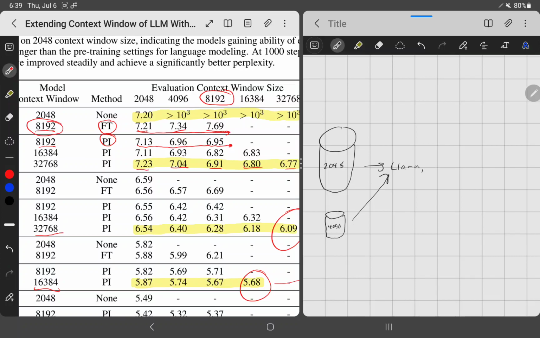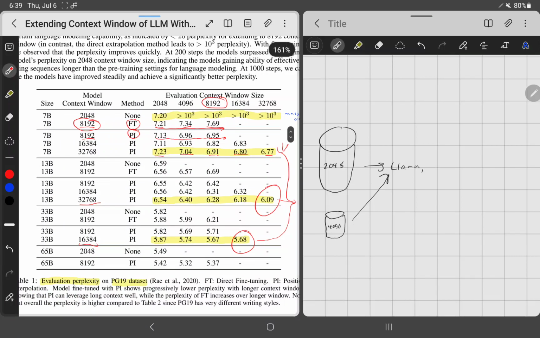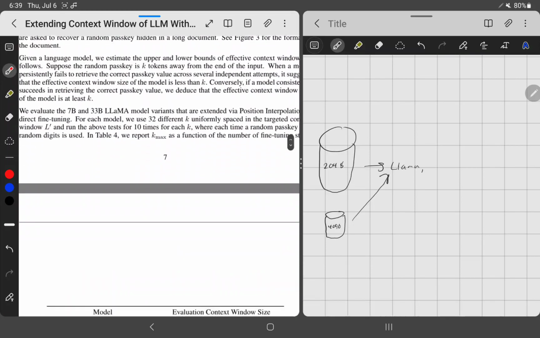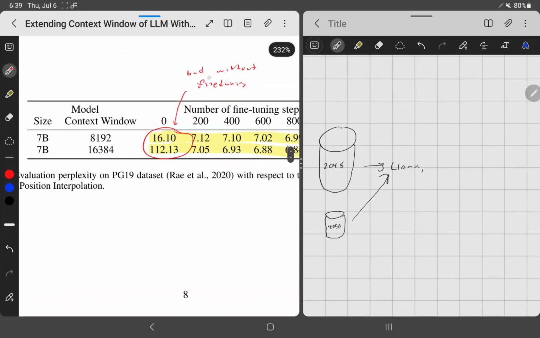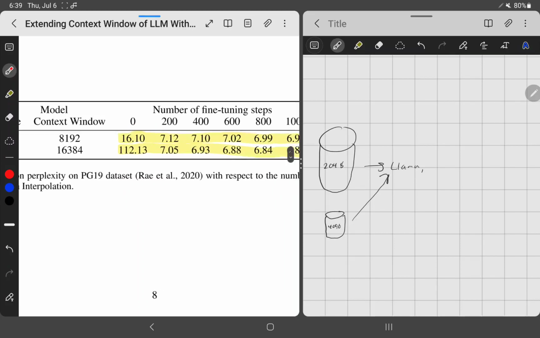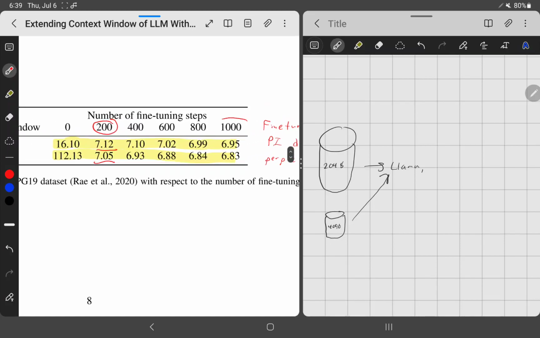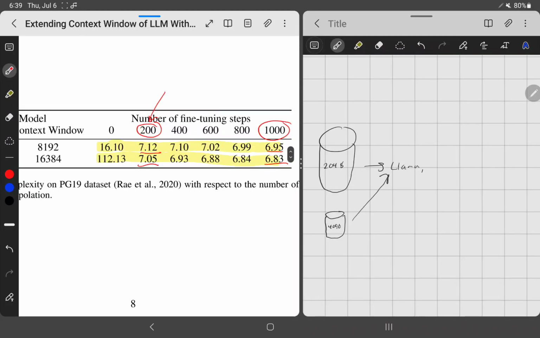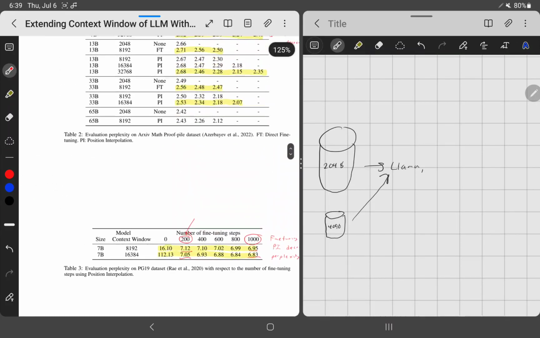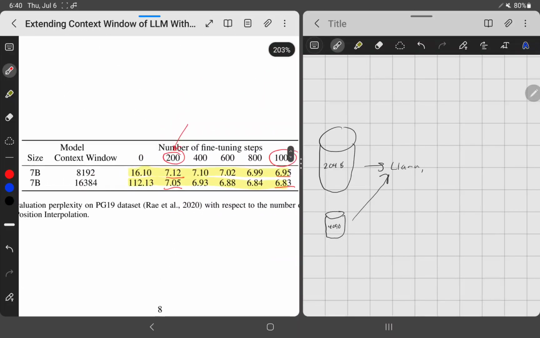Now, you also have to do fine-tuning using their method. If you don't fine-tune, you can see the scores are really bad. So if you just do no fine-tuning and just do positional interpolation, then the scores are really bad. However, if you do only 200 iterations of fine-tuning, then the scores are really good already. And if you keep doing fine-tuning, then they get slightly better, but with just 200 steps, using the pile, you can get this